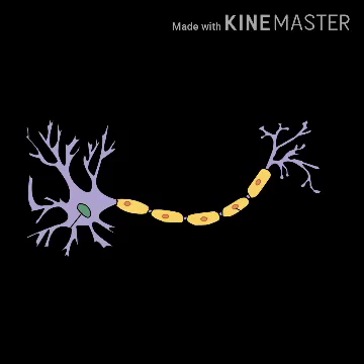Hi, my dear children. This is your second biology class. In the last video, we discussed the structural unit of the nervous system, that is, neuron, its structure and functions. Today, we are going to learn an important part of the neuron, that is, myelin sheath. What is myelin sheath? How is it formed? What are the major functions of the myelin sheath? That we discuss today.